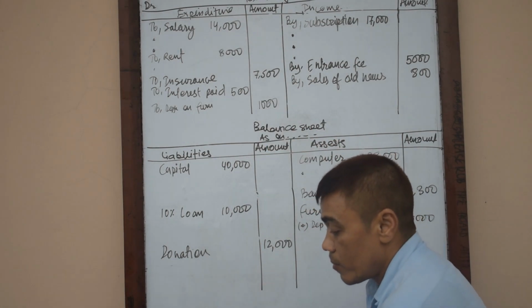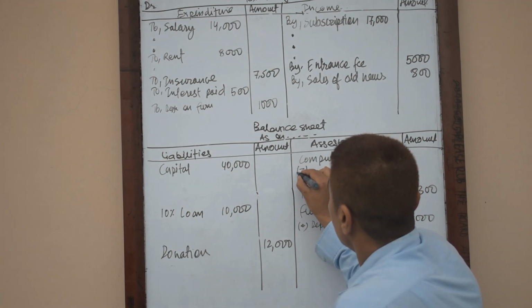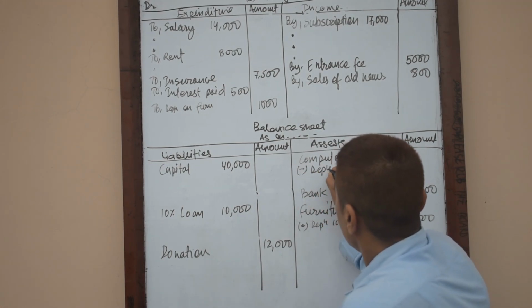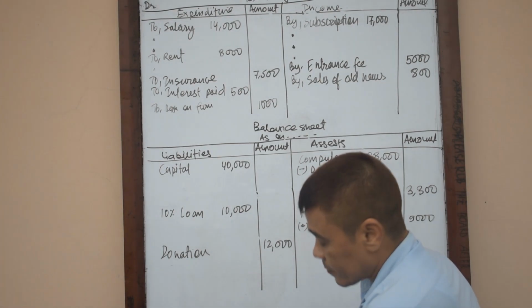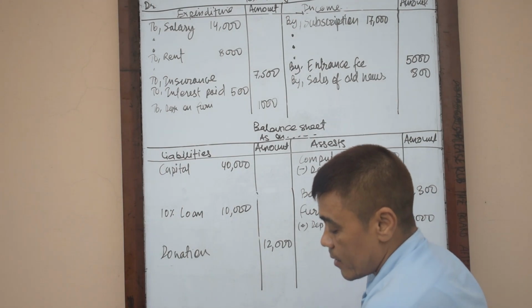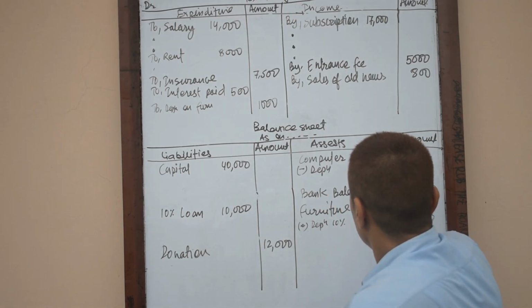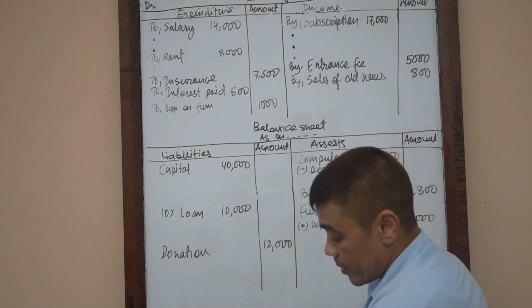And next one is given computer 25% depreciation, so we need to deduct this also. 25% of 38,000 is 9,500. So this will be deducted from the value of the computer,